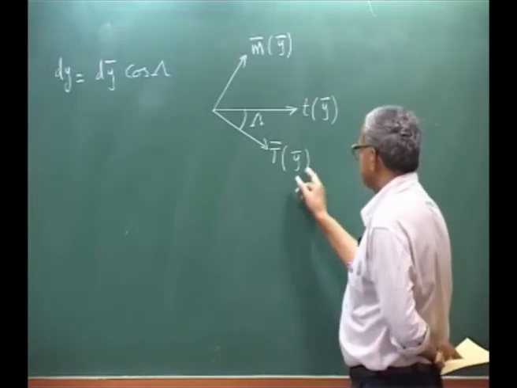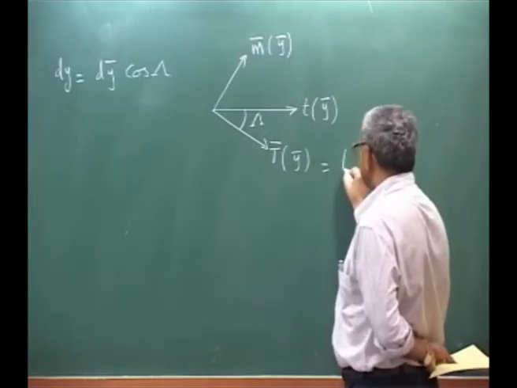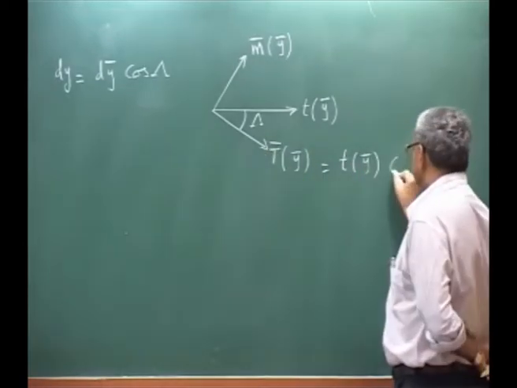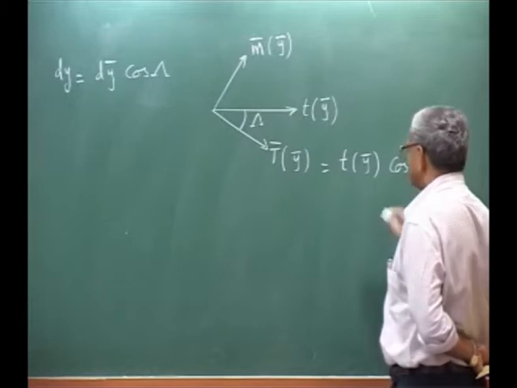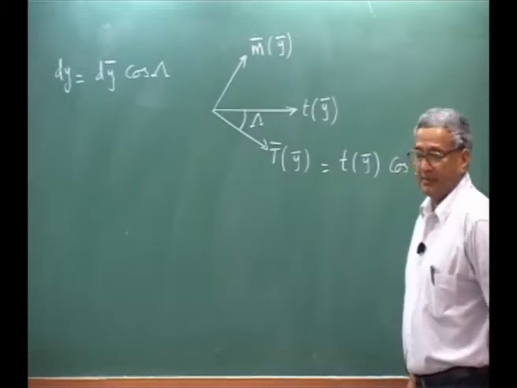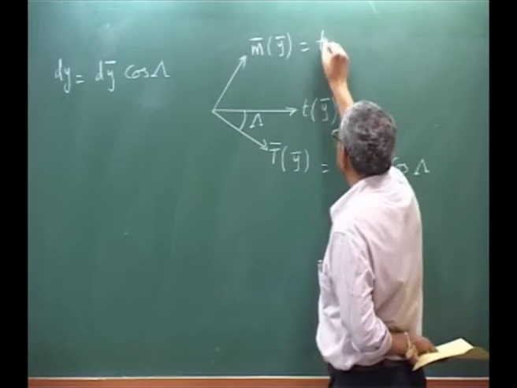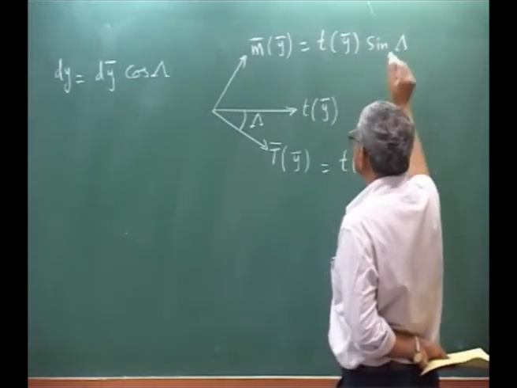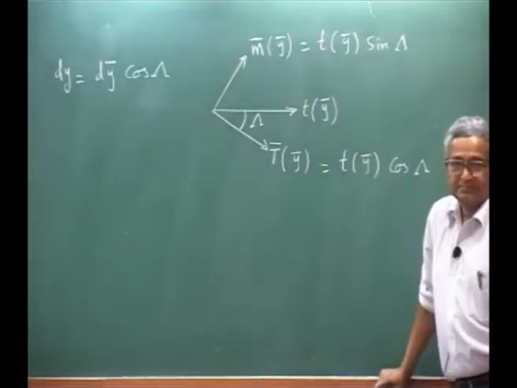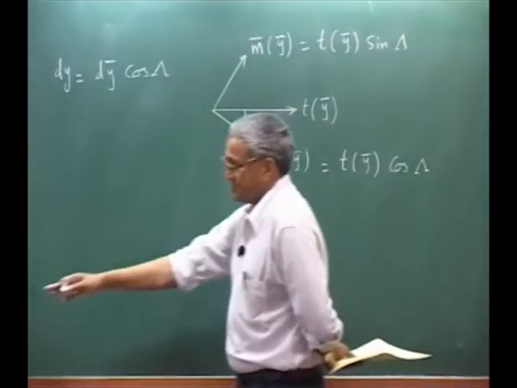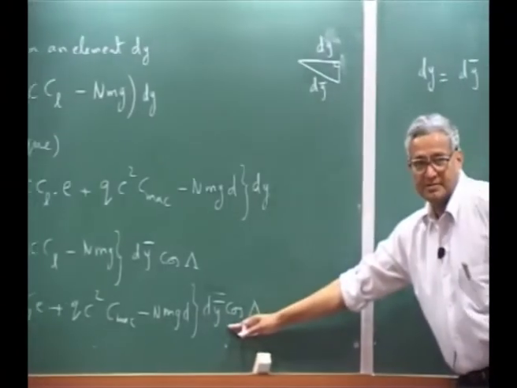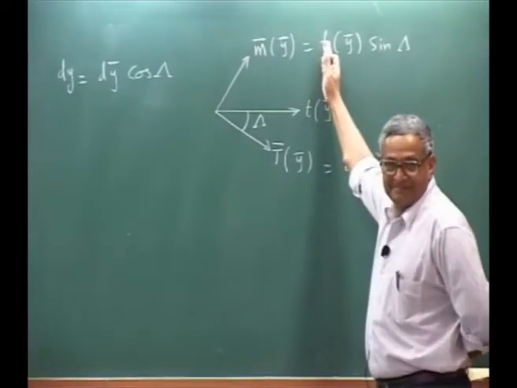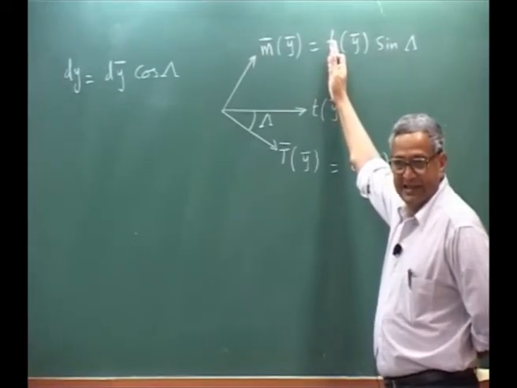Now you know what this value is. This value is into cosine lambda. This will be sine lambda. And I have the expression here, so I put them back here. Then I get